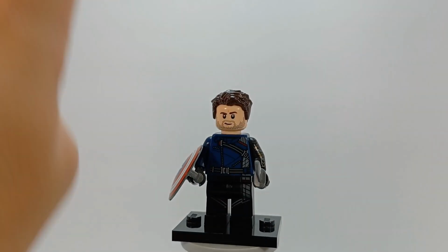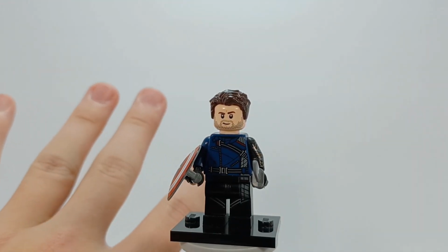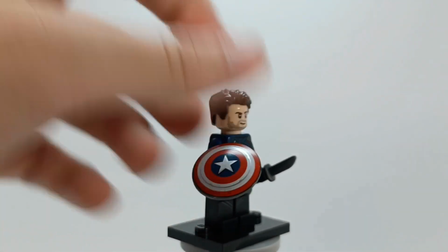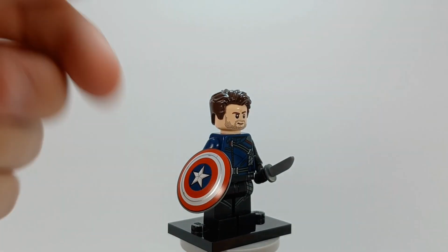There are 4 shields in this series: Zombie Captain America, Captain Carter, Captain America, and Bucky. And the ones from Captain America and Bucky are exactly the same. I have 3 of this shield. No, I have 4 of this shield because I have 2 of each figure. That's bizarre. Now, one of them's on my sig fig, one of them's in the bag, and 2 of them